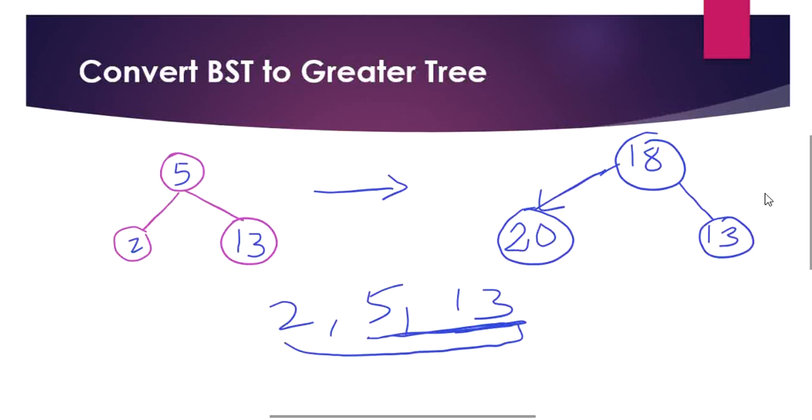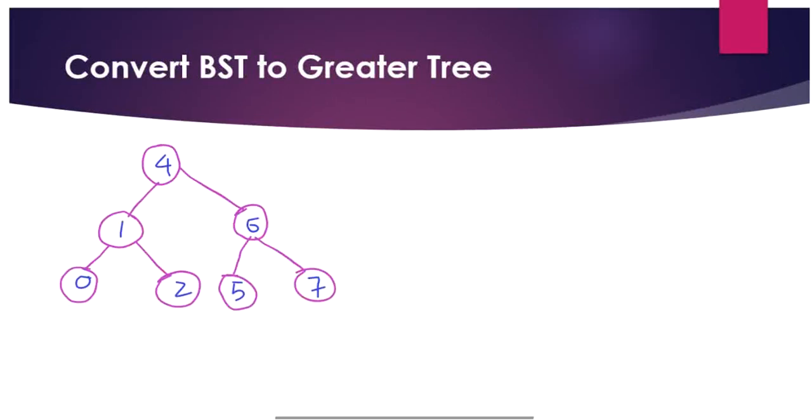So this is the greater tree representation of a given binary tree. So how are we going to approach this? Consider this binary tree. The greatest value is the node 7. So let's write 7. 7 is going to have only 7, no other values will be there in the node 7. So simply we'll update the node with the sum. Moving on to 6. So 6 will have the sum of 6 plus 7. So in this case we are updating here 13.